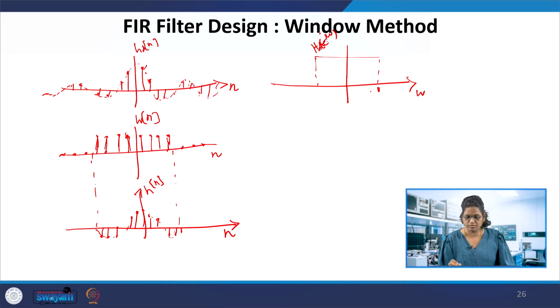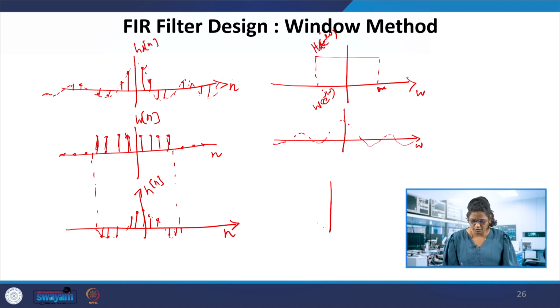This is the cutoff frequency, omega c, and this window function will have the frequency response in the frequency domain, the equivalent W of e power j omega. So the rectangular function would result here